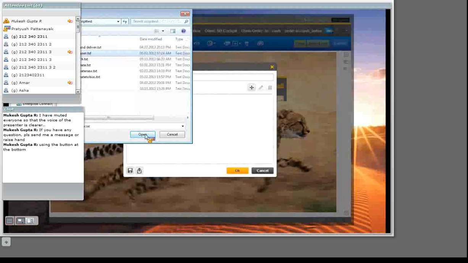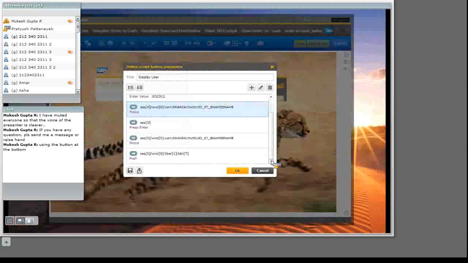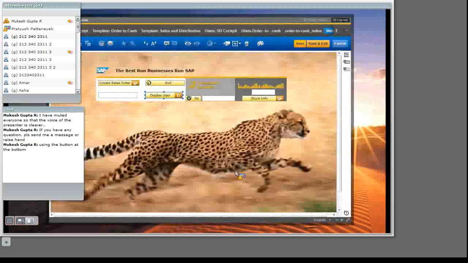Display user. Yes. So as you see, once I upload it, all the actions which I did, SU01, then I entered a value of I032312 as my I number, did a focus, did an enter. Everything which I did is recorded step by step. Okay. Now if I say OK and execute the script button here, it is always going to display my user ID. We don't want that. We want to parameterize it. So what we will do now is